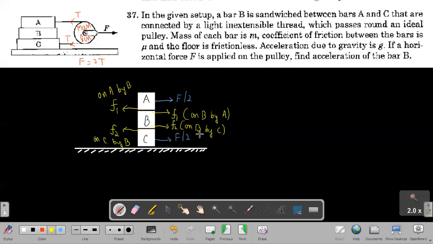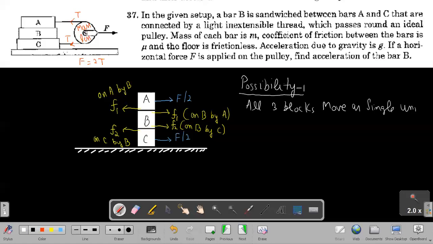So until the frictional forces are less than their limiting values, the three blocks can move as a single unit or as a single block. So looking for the first possibility in this question, because we do not have the numerical values of the force, we have to work with the possibility. So possibility number one is that all three blocks move as a single unit.